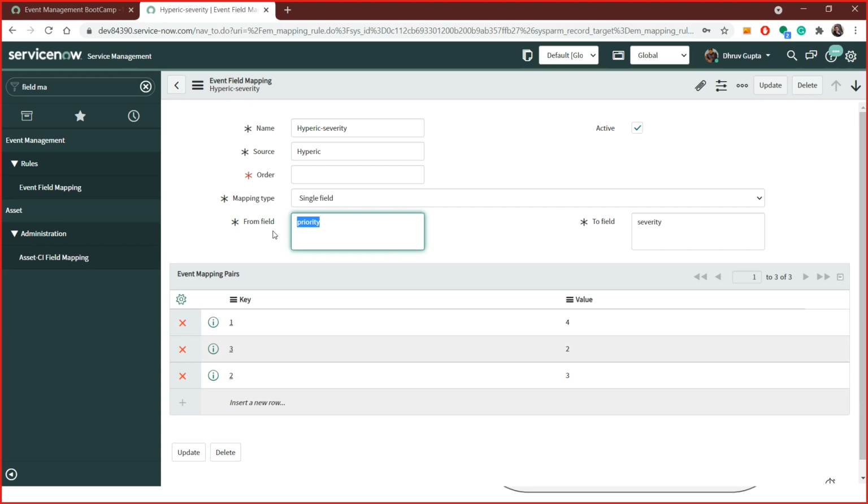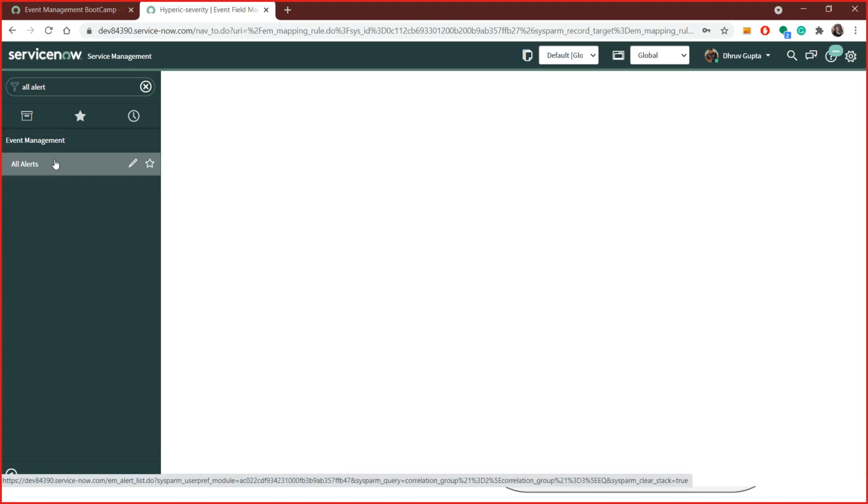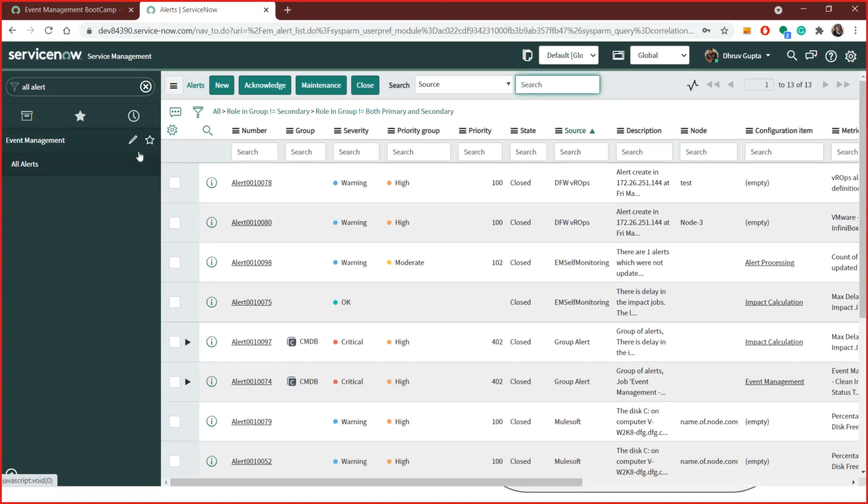So event rules and field mapping rules, then we have alerts. Okay, all events don't get converted to alerts, they are also mapped under the same alert. So an alert is a group as well. Basically alerts are the events that are important that we want to process, but we group them as well. Like for the same thing, server is down, it will keep on sending these events, like server A is down, server A is down, every time. So we don't want to create multiple incidents, so it automatically groups them.